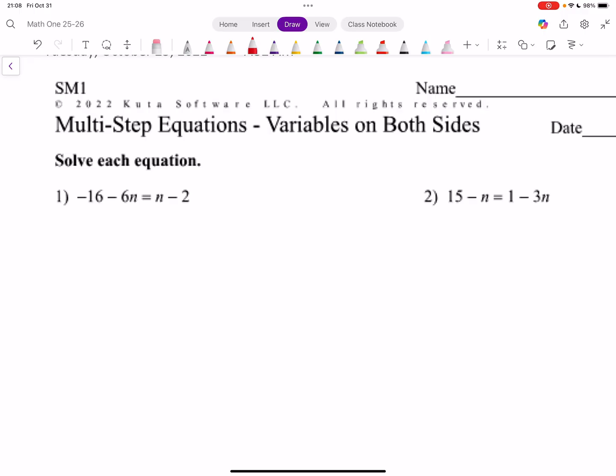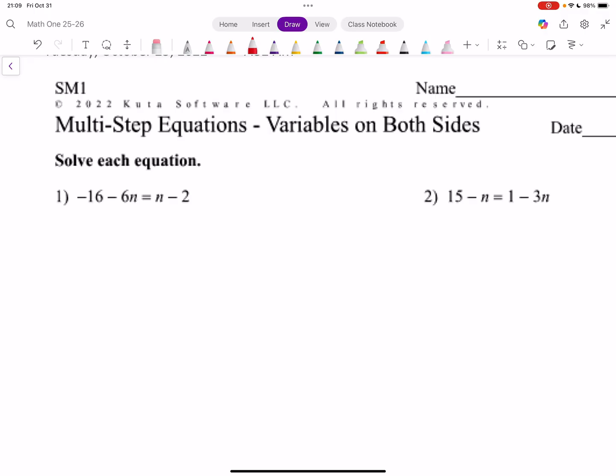sides, I identify the variable terms, I identify the constant or numerical terms, I move the variable terms to one side by adding or subtracting, I move the constant terms to the other side by adding or subtracting, and then I isolate the variable by moving what is furthest from the variable first, using inverse operations in order to isolate or get the variable completely by itself. I know I've completely solved when I can write my final answer as a variable equal to a constant or